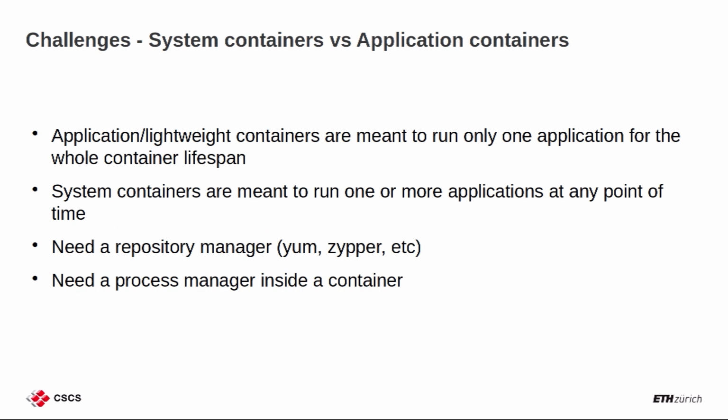So, following that, why do we end up mixing so many things inside a container? Why do we run Munge, why do we run SSH, why do we run slurmd? This was an open question even today, if you ask many people, because this is the paradigm between system containers and application containers. When people talk about containers today, they might think one container runs one single thing, and that's it. But for us, we want to do something different.